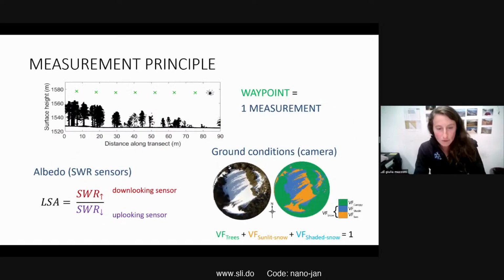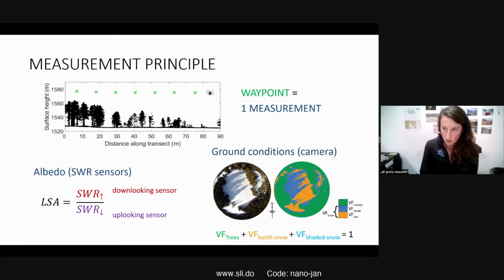And now the measurement principle of this instrument is that we would fly it over forests with varying forest density, and it would always hover at specific waypoints, and one waypoint is a measurement. And one measurement includes an albedo measurement, which is obtained by just relating the measurements from the two shortwave radiation sensors. And it would also include a hemispherical image. This image captures exactly the same perspective as the sensor,